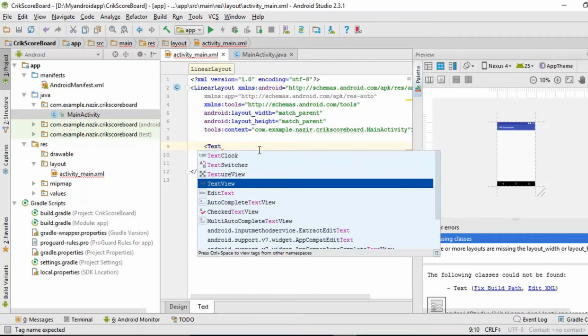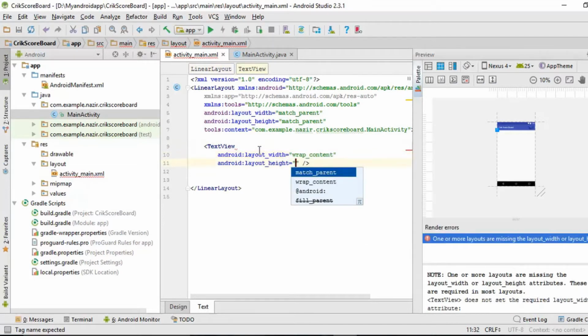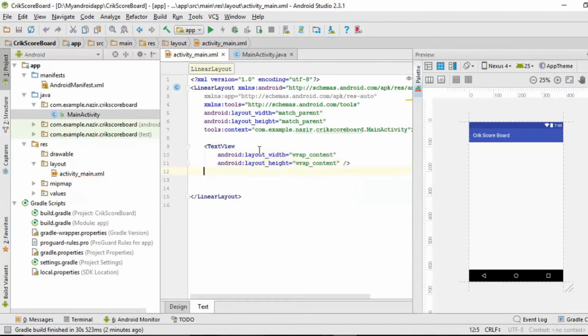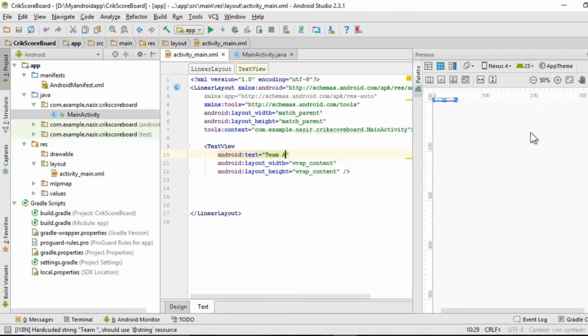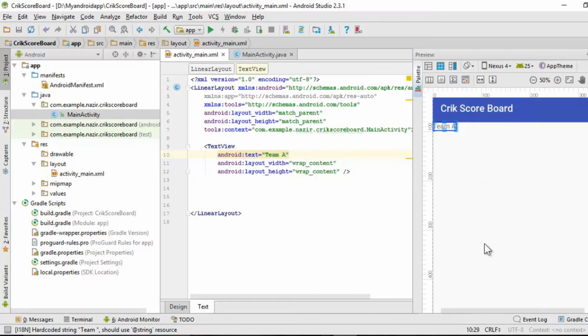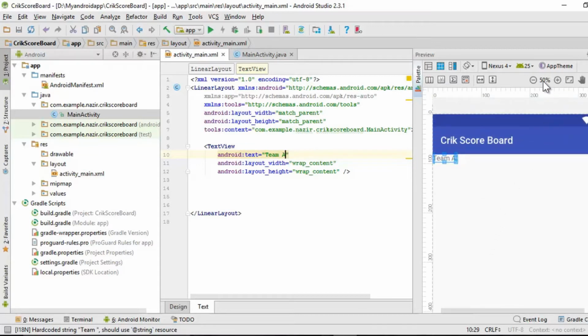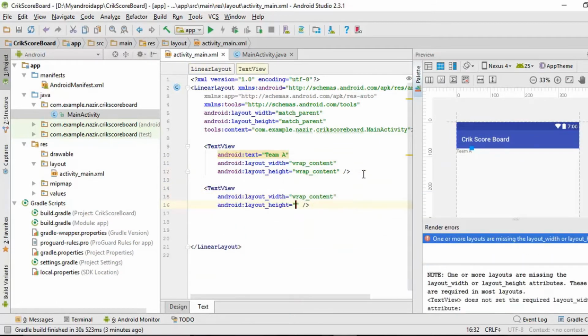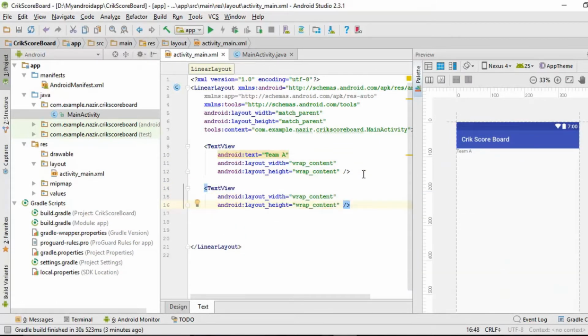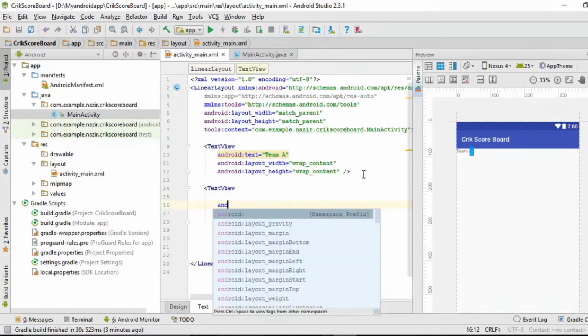Text view, hit enter, give it a wrap content. Alright, so create one more, but you can't see anything over here, so here I have to add something. Android text, I'm going to keep it named as Team A, and zoom in a bit so it's much more clear for you to see. Team A, and add one more text view, wrap content, and give it a value as Android text